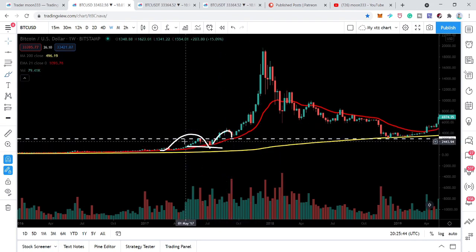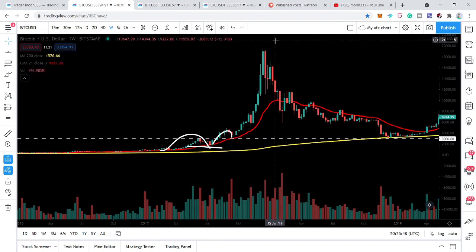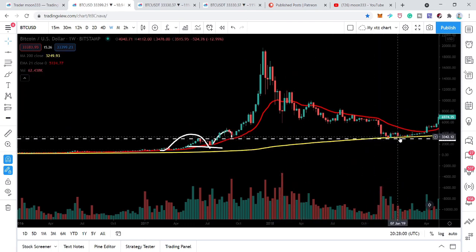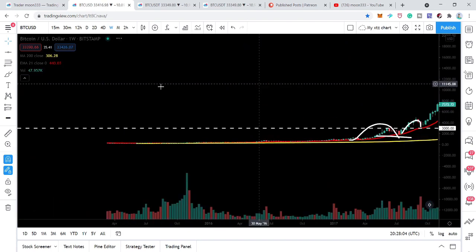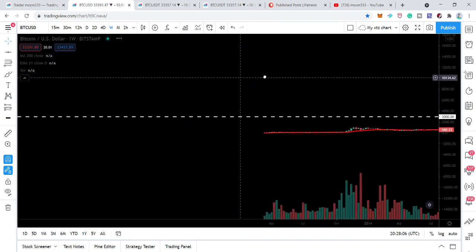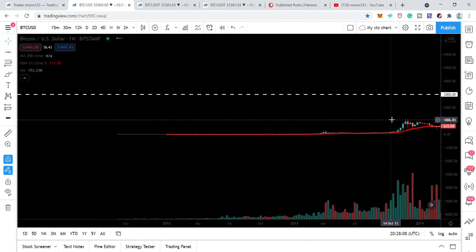You can see that the price action never came back to this support of $2,000. And after ending the bull run, the price action here retested this support at $3,000. And at the same time, the price action also retested this 200 simple moving average weekly and moved to the upside. And if we move back to 2013 again,